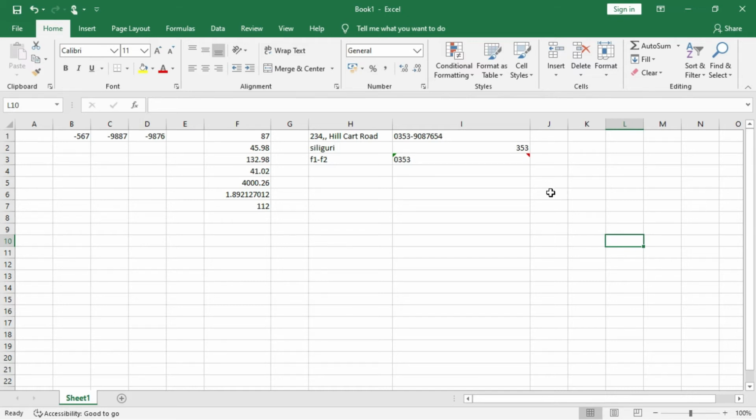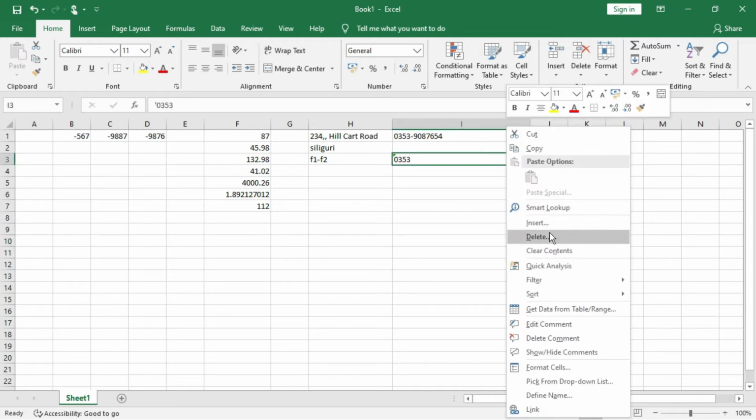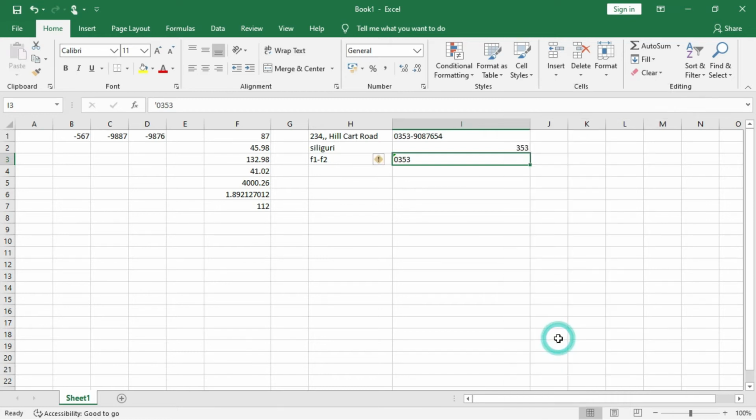If you take your mouse pointer over this, you see both corners, two triangles are appearing. This one indicates that we have entered a number in the form of text, and this one is for comment or remark. If you take the mouse pointer over it, you can see the comment you have entered, but this is non-printable, it will not be printed. This is exactly for our purpose. Sometimes if you want to remove the comment, right click on it and then delete comment will be there. If you click, it will be removed from there, and the editing also can be done in the remark. So now I'm coming to entering date and time.